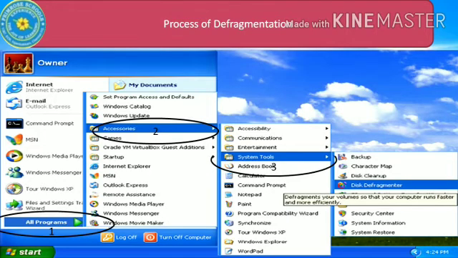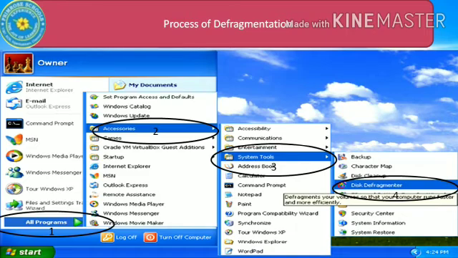You have to go to Start, All Programs, Accessories, System Tools and choose the Disk Defragmenter. When you choose this option, you get a separate window called the Disk Defragmenter window. I'll repeat the steps.